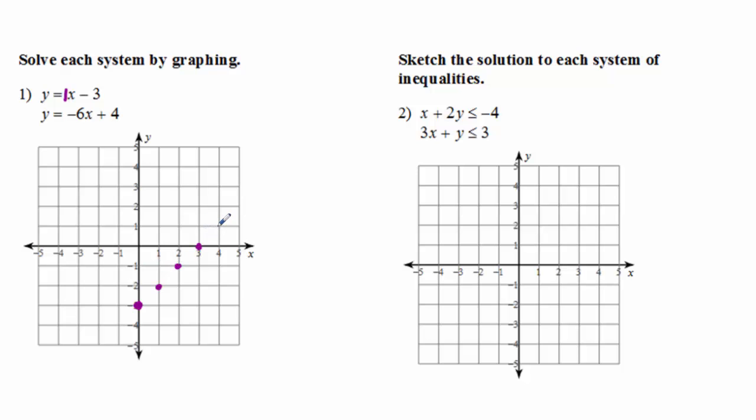And the more points we make, since we're going to try to find where these two lines intersect, the easier it will be, because they're going to most likely intersect at one of these nice points that I've drawn. That's our first line. Our second line is equally easy to graph because we have our y-intercept again, which is 4, and then